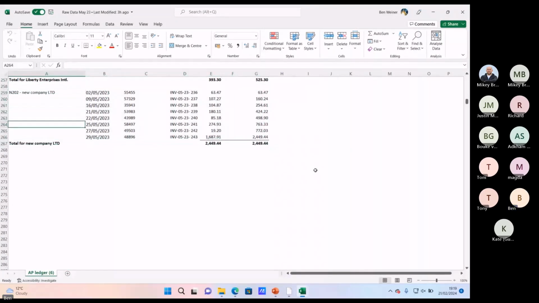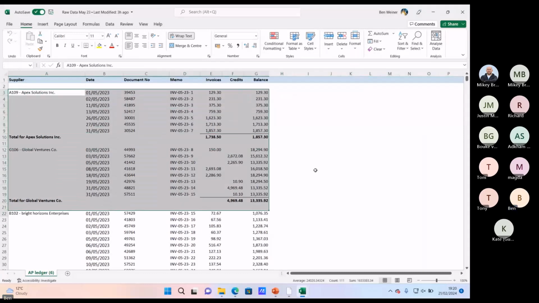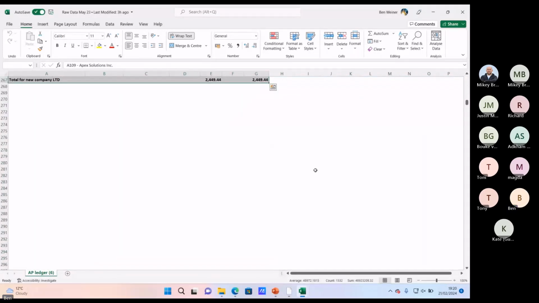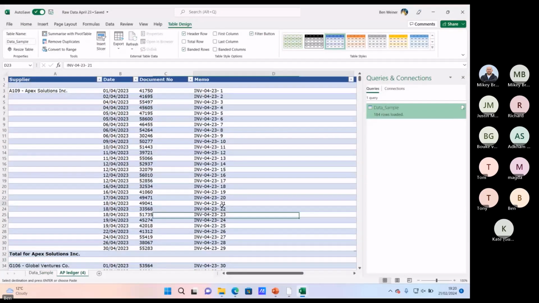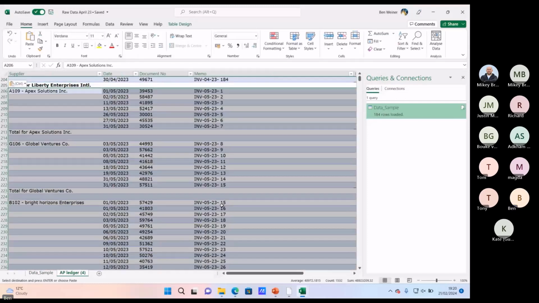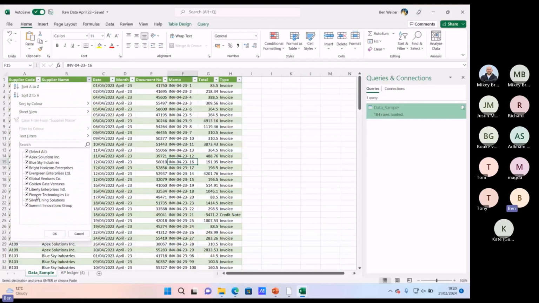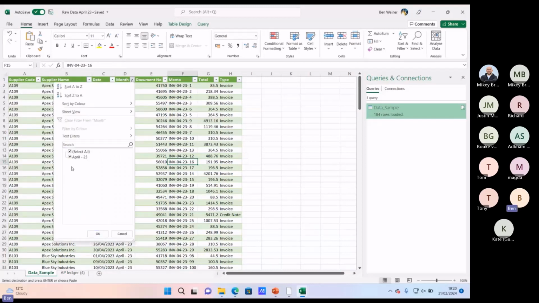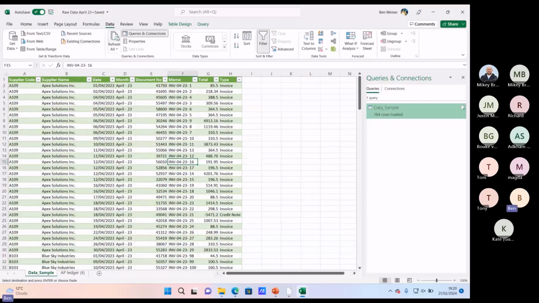So the good news is, because we've done this in Power Query, I can simply copy this. Actually, I'll copy it without the heading. Copy my data. Paste it at the bottom of my table. My table's grown. Because I've done this in Power Query, just to show there is no new company here. It just goes from Liberty to Pioneer. There is no May here. Currently got 184 rows. If I just hit refresh,